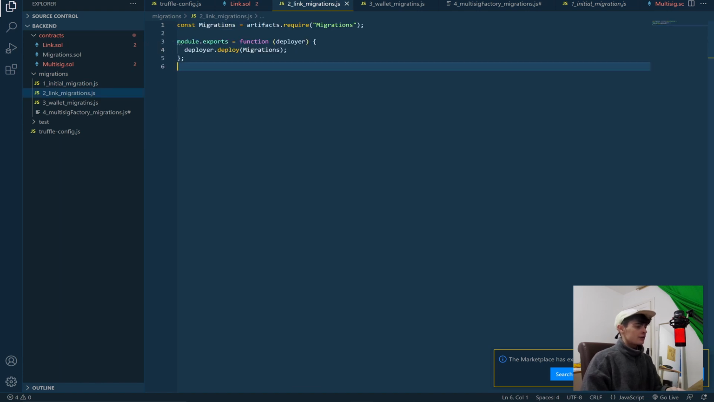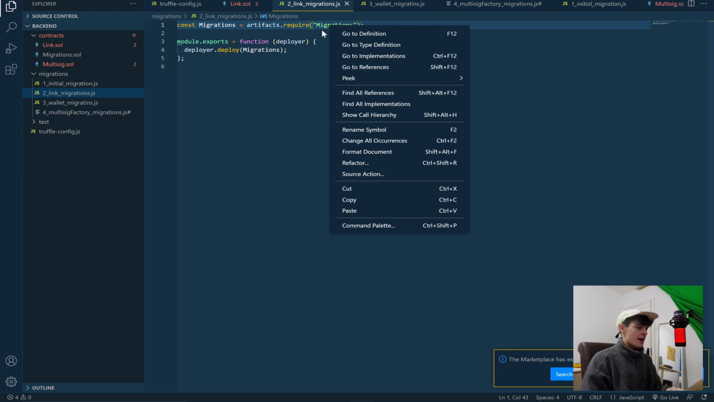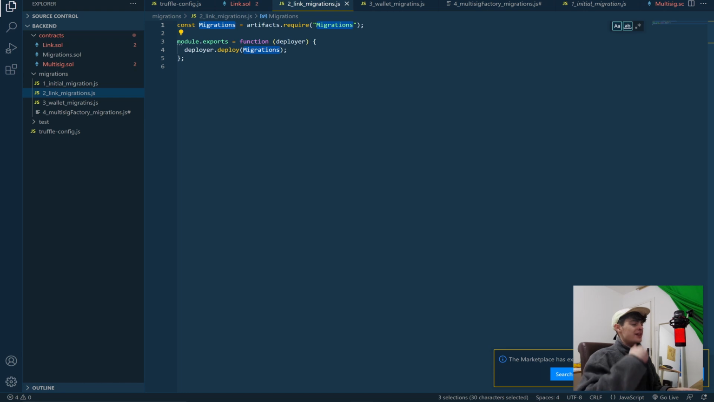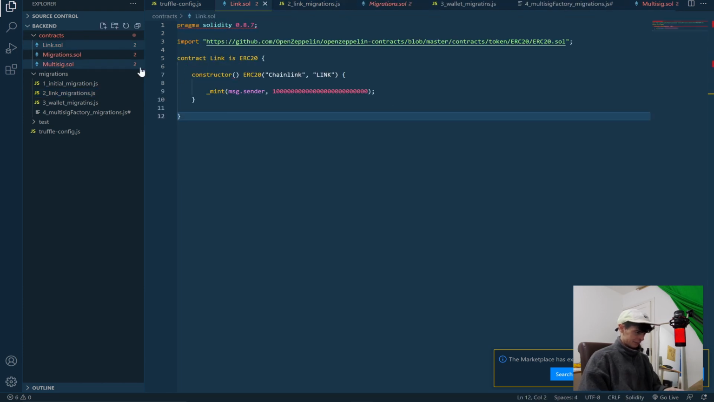And then all we have to do is right click on this migrations word here and go change all occurrences, and then replace this word with the name of the contract that you want to deploy. So for our link contract, we simply just called it link. So do that and press Control S. So you can see here, we just called this contract link. For our multisig,